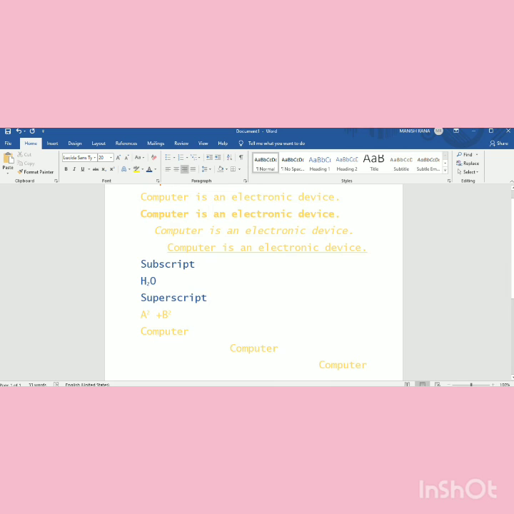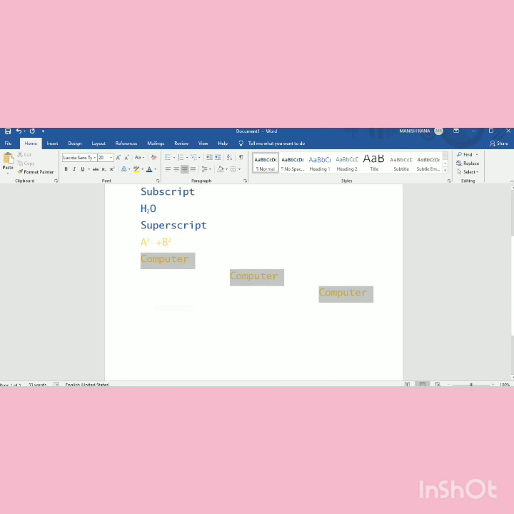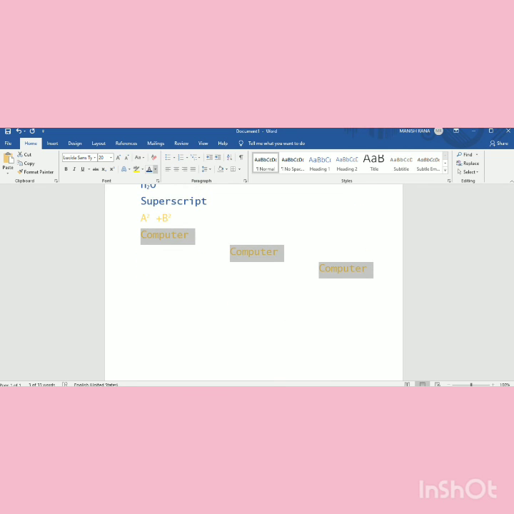These are called alignment. One more type of alignment is called justify. Using that you can change the positioning of text in a document.